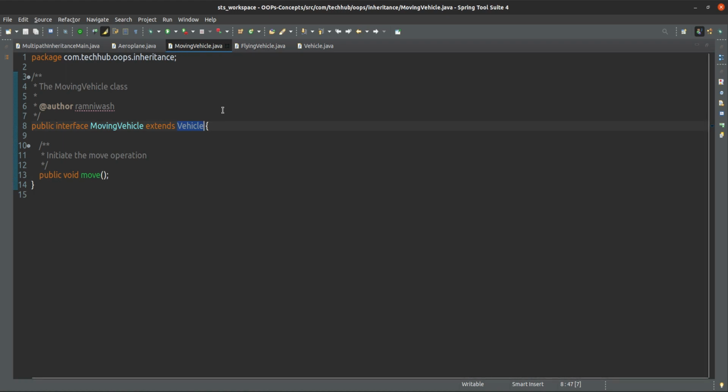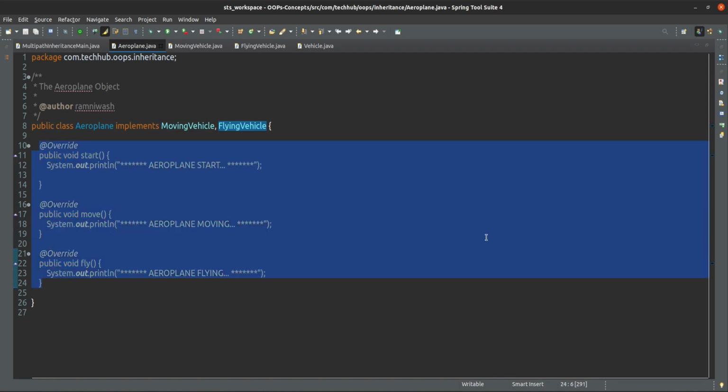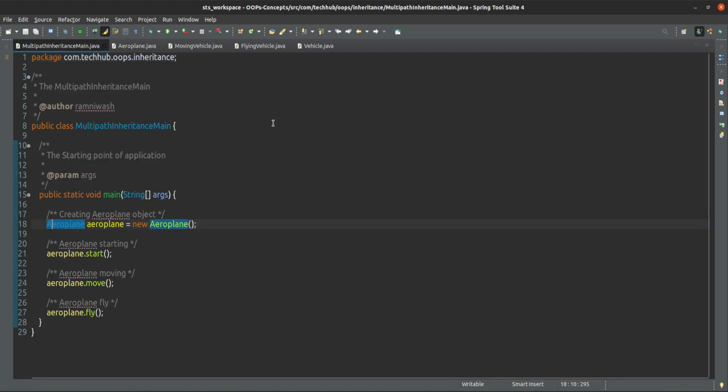Aeroplane is inheriting both, because aeroplane is both a moving vehicle and a flying vehicle. So these three implementations we are giving in aeroplane, and we will get the same output.